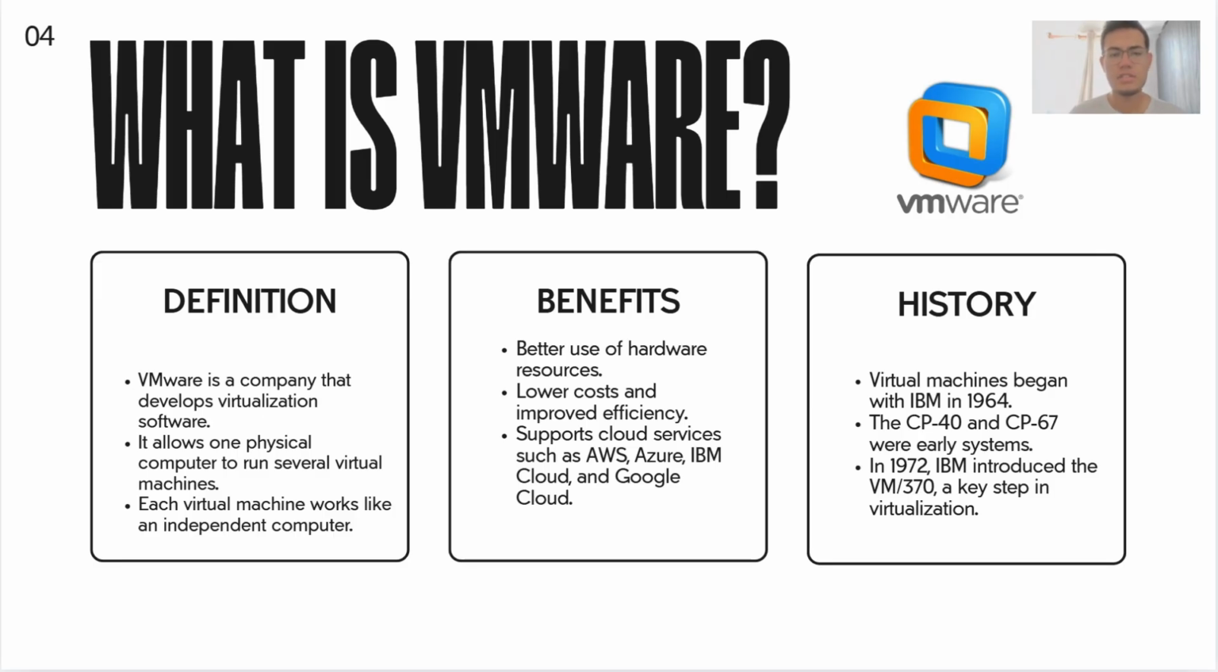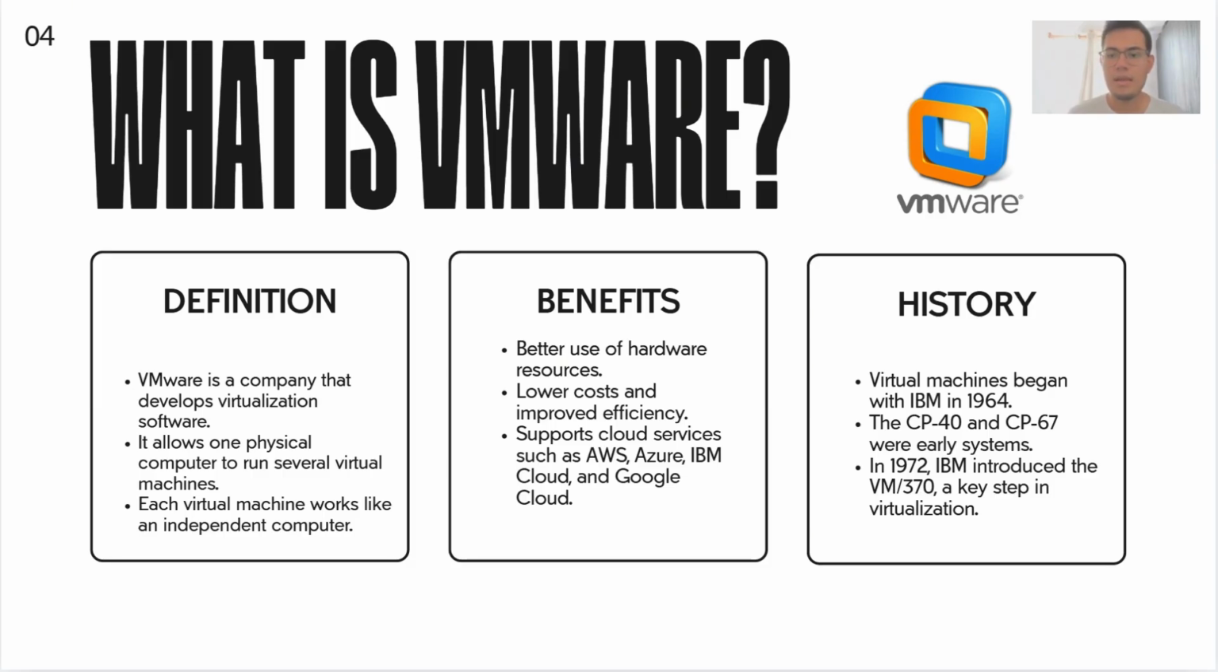A virtual machine is basically a software-based version of a physical computer. Instead of using separate hardware for every system, companies can use virtual machines to run programs, store information, and deploy applications. Now, let's talk a little about the history of virtual machines. The history of virtual machines goes back to